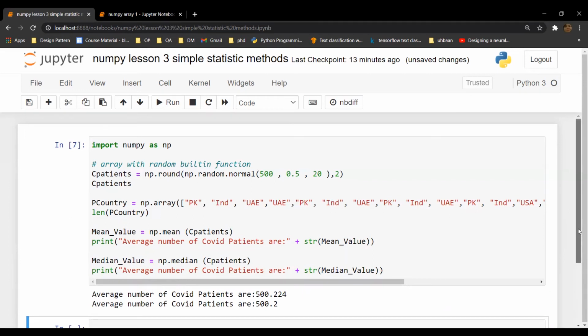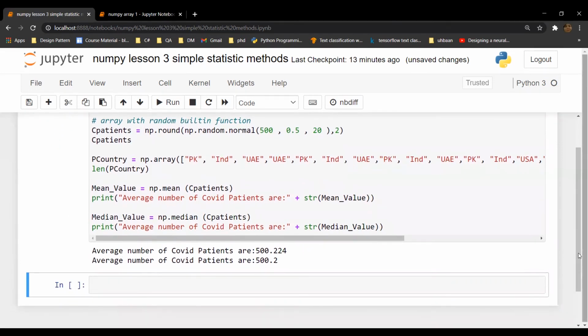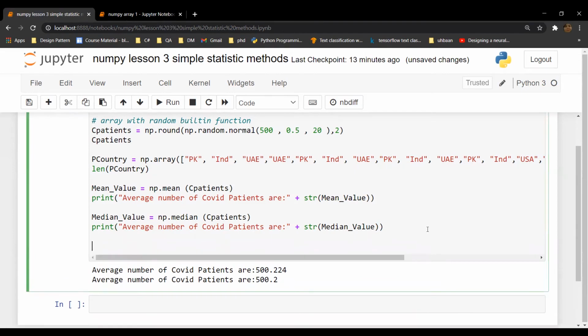As it is a normal distribution, the difference is not much. So this is how you can use it, and let's check how we can get the standard deviation of it.